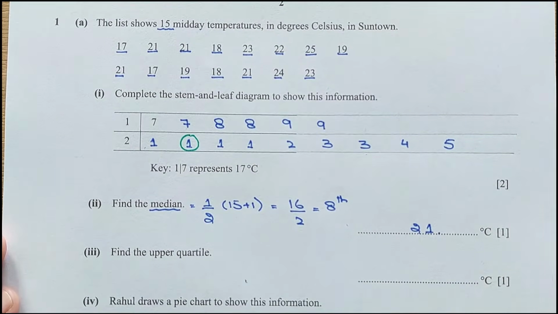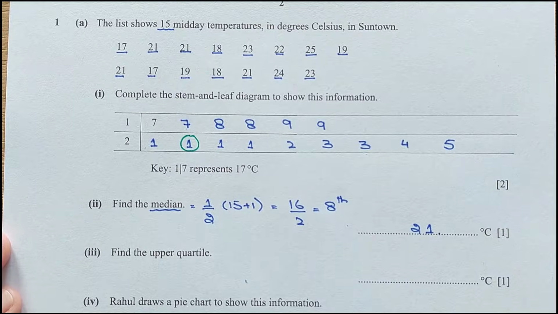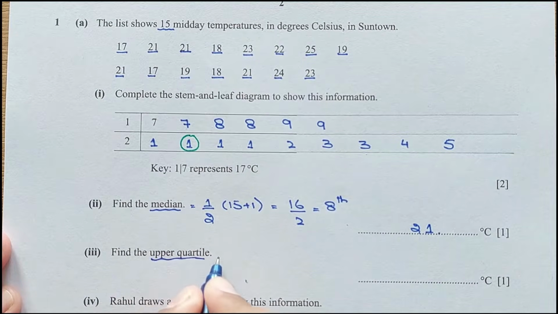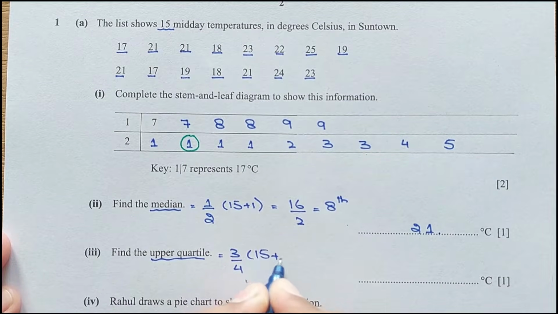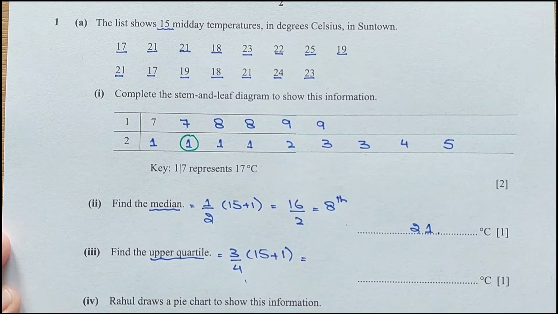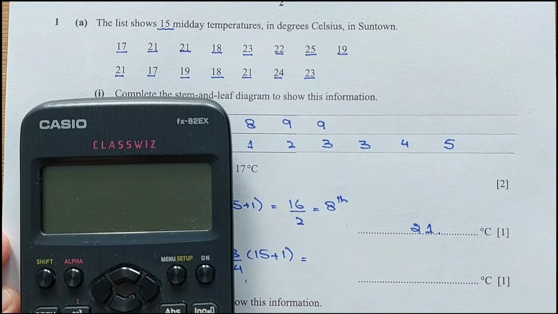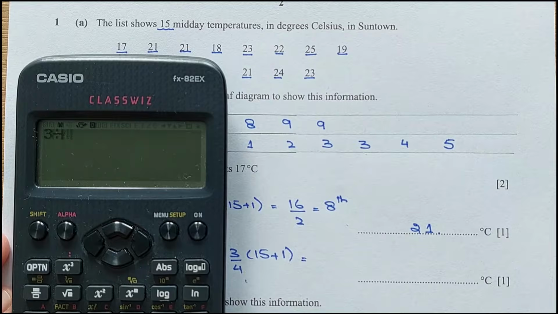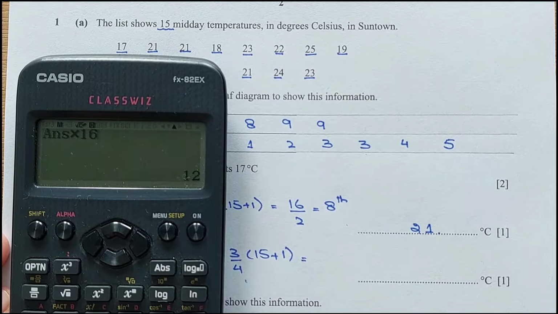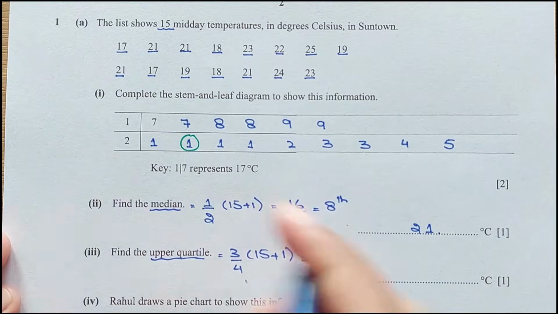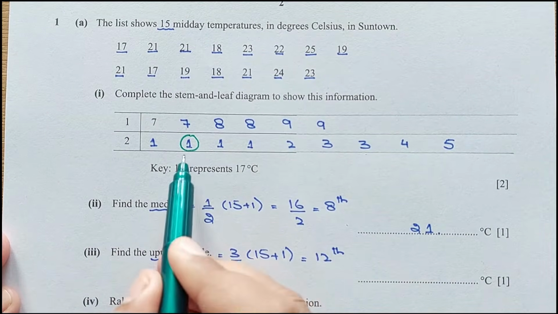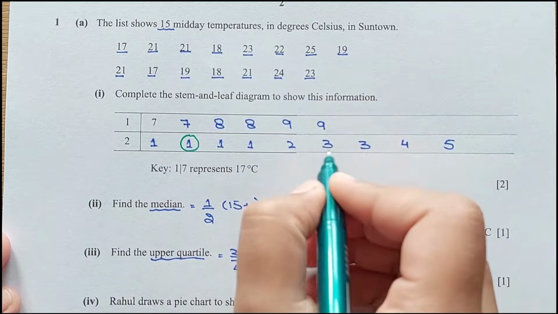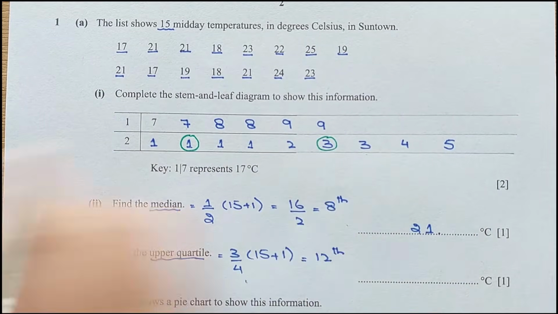Now for the third part, find the upper quartile. Since the number of values is odd, the formula for the upper quartile is 3 by 4 of the number of values plus 1. 15 plus 1 is 16. 3 by 4 of 16 is the 12th value we have to find. Now this is the 8th, 9, 10, 11, 12. This is the 12th value, 2 and 3, 23 degrees